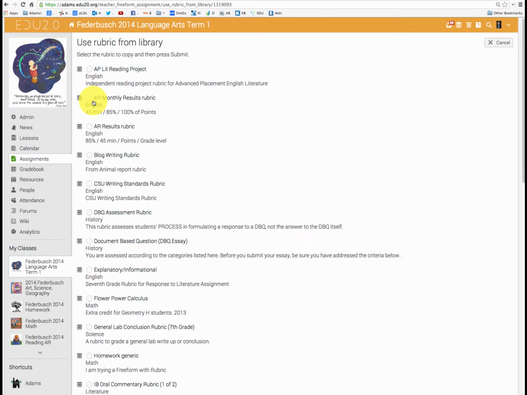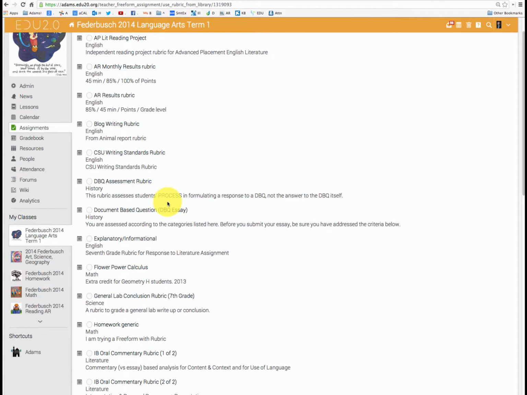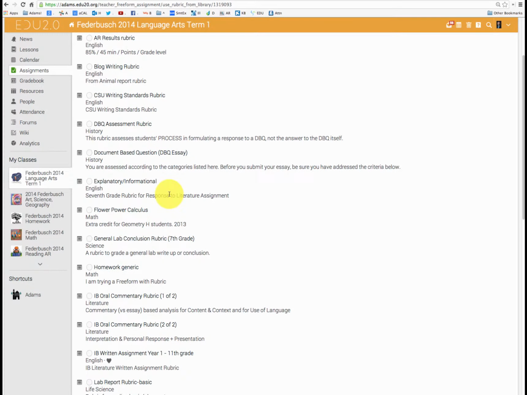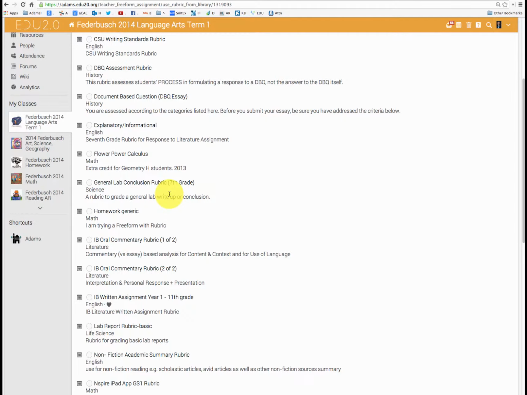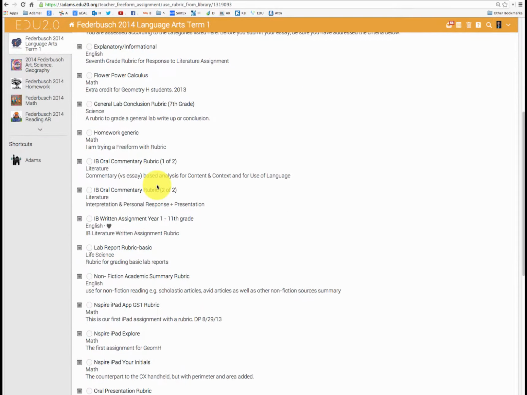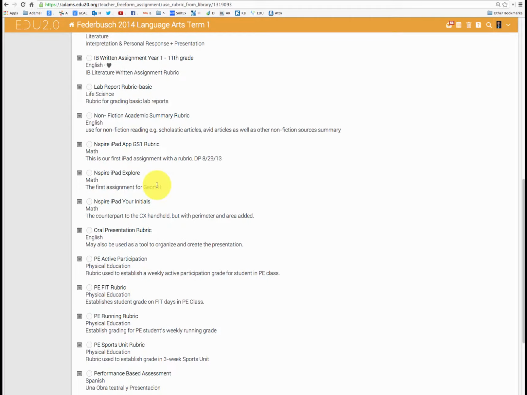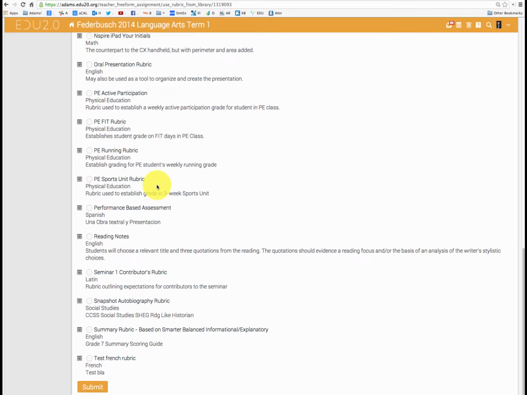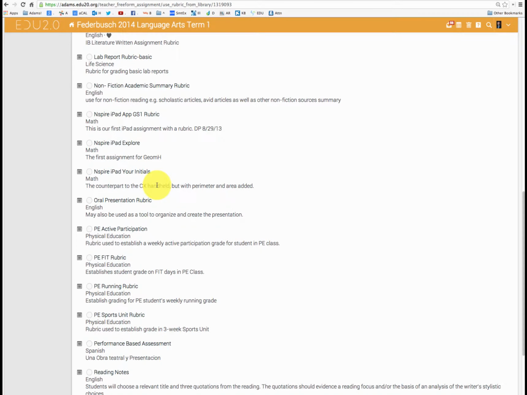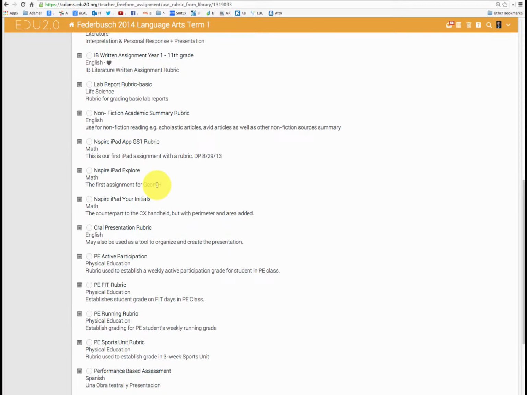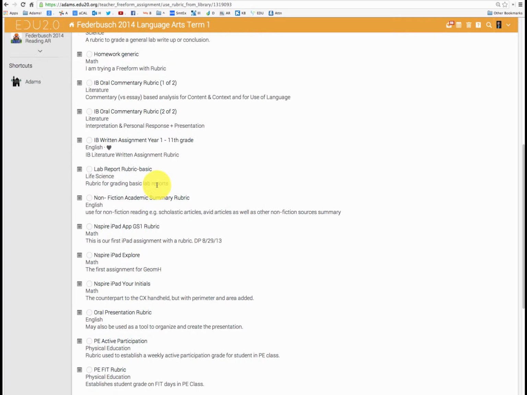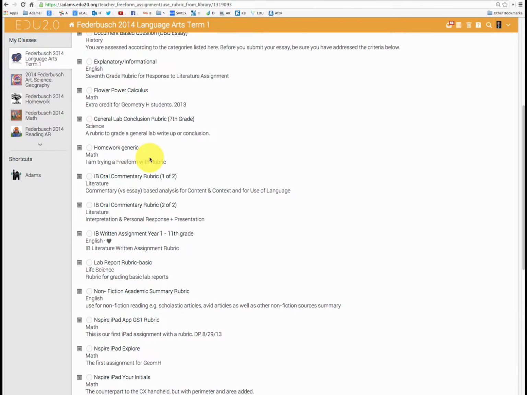This is a really powerful feature, that you can share yours. Now the only downside is that I don't know how they get sorted. I mean, I know it's alphabetical, but not everyone uses the same convention, so it's a little bit confusing. So I'm going to look for the one that says, oh, it's up here. This is what it's like. You've got to go and find it, but it's worth it because I've already done all this work before, and I want to find it.